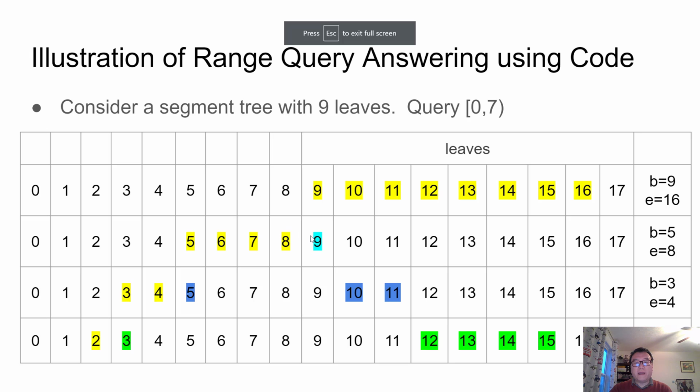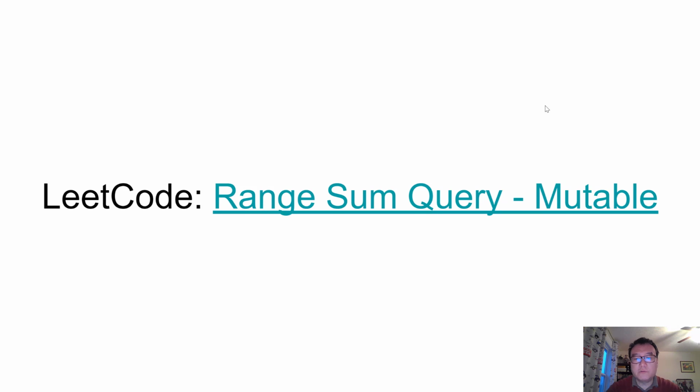So what we have added to the result is 9, 10, 11, 12, 13, 14, 15. So that's why this query works. So that's it. Next, we'll be looking at the